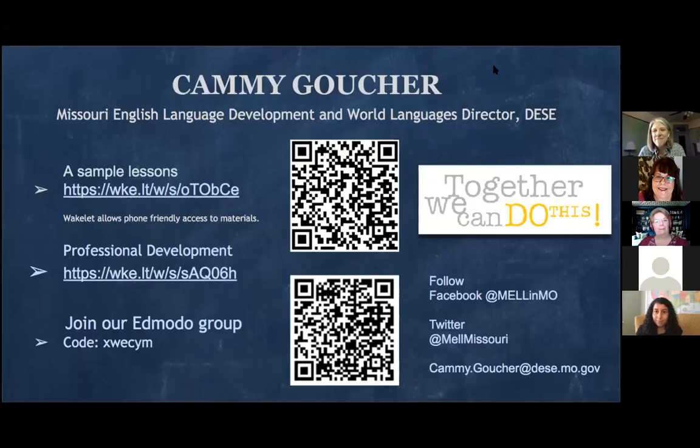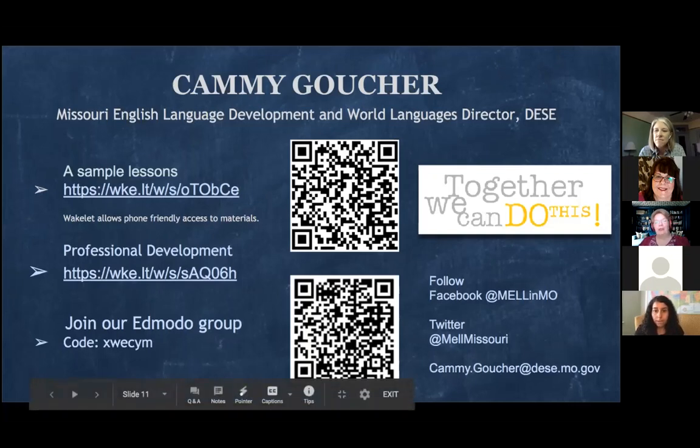So something that I want to talk about a little bit is let's remember the process of creating a lesson. That process shouldn't change. We still are required to accommodate. That's the law. We have to take care of our English learners. We can't just give this blanket assignment and say this is for everyone and everyone has to do it. We still have to find ways to make it accessible for our English language learners. And we'll talk about this with our question and answer, I'm sure, a little bit later.